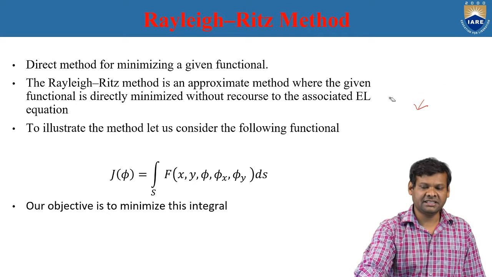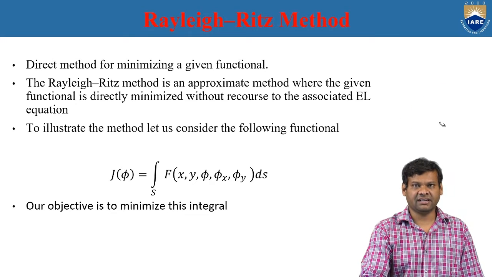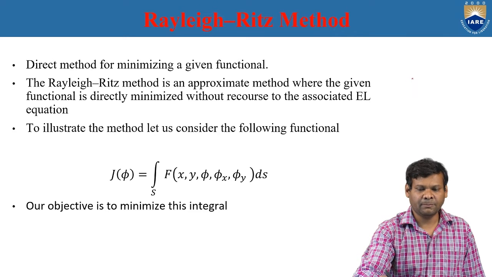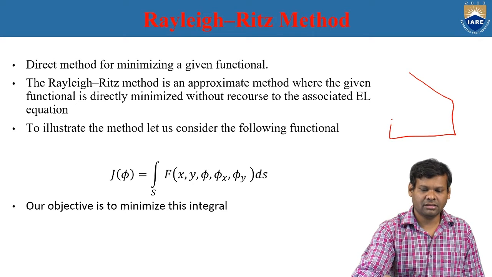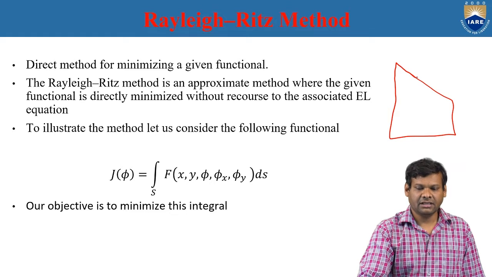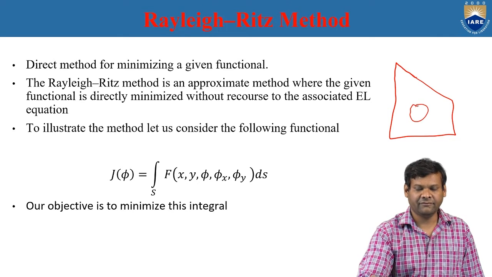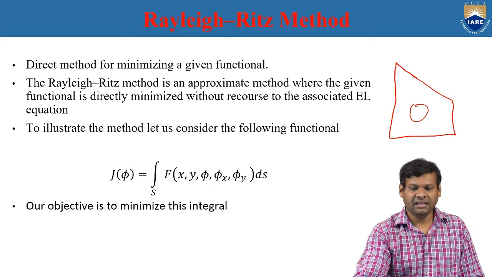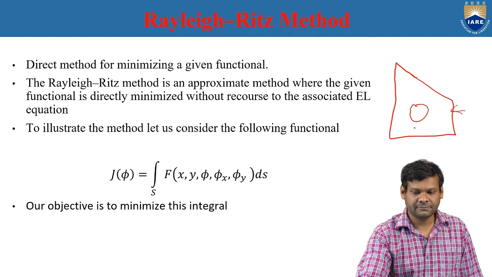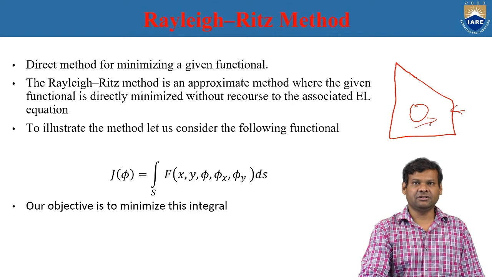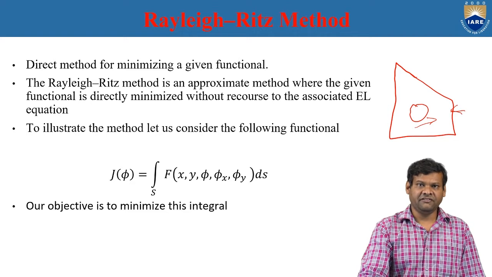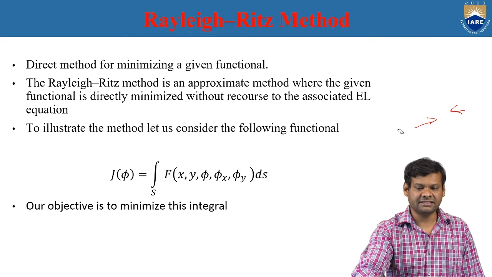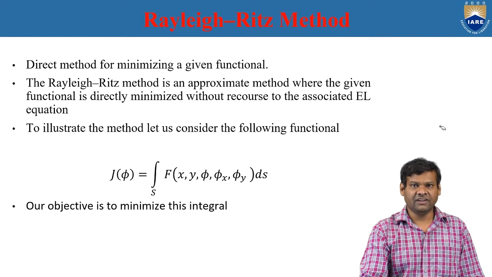But in realistic conditions, the plate may not be rectangular or circular. It may be something like this, and moreover there will be a hole in this plate for some other reasons. And if you need to seek the solution for such complex geometries, then our direct methods do not have any closed form of solutions. Finally, we rely on the approximate solutions, and Rayleigh method is an approximate solution of finding the deflection or energies